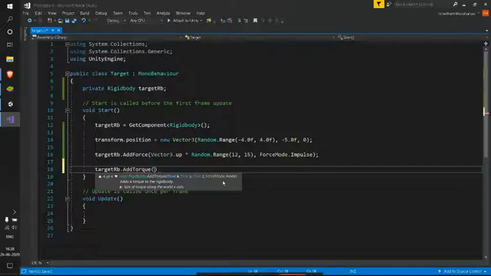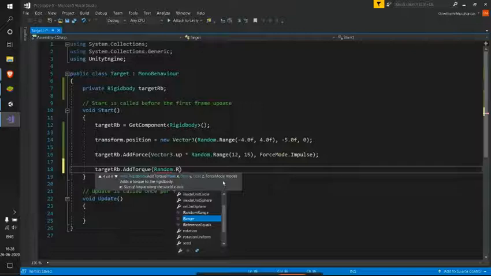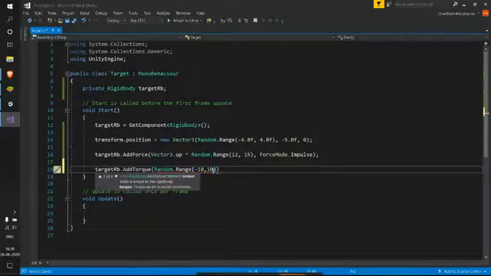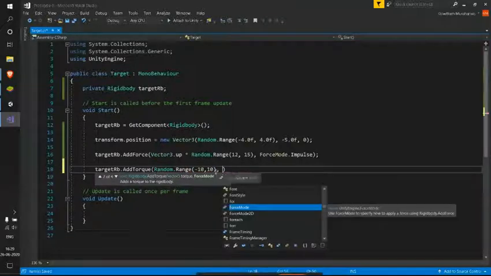So I can give a random value. The torque can be like minus 10 to 10. Yes, we can change this later however we want.